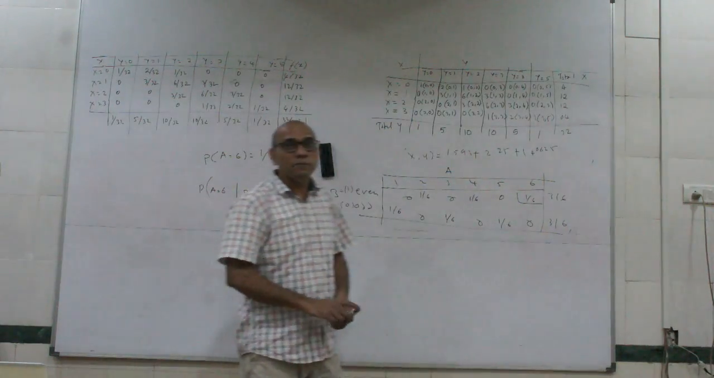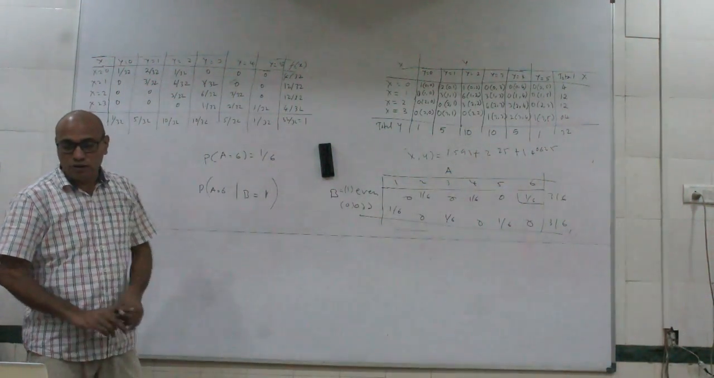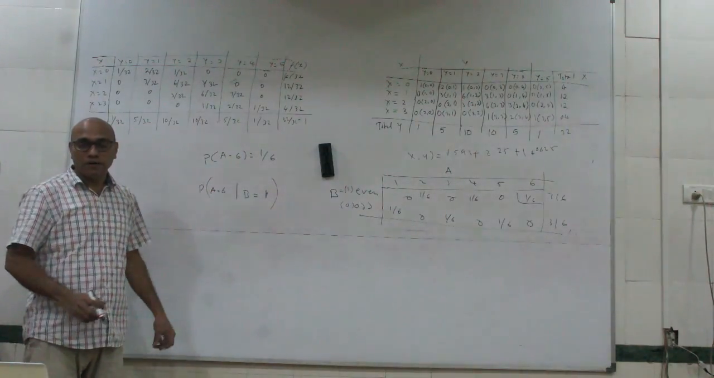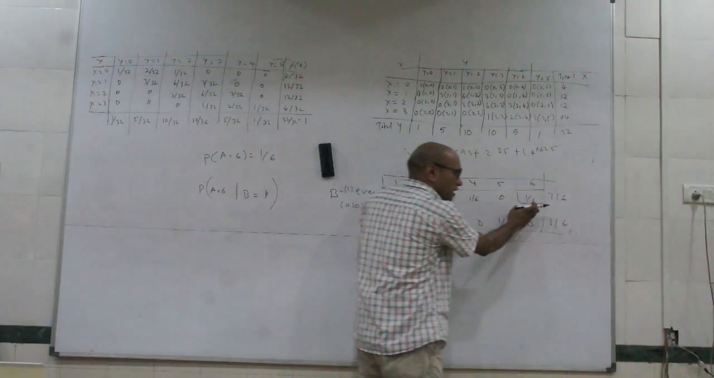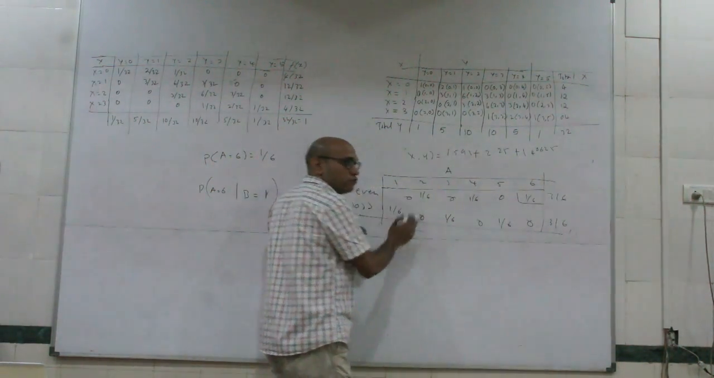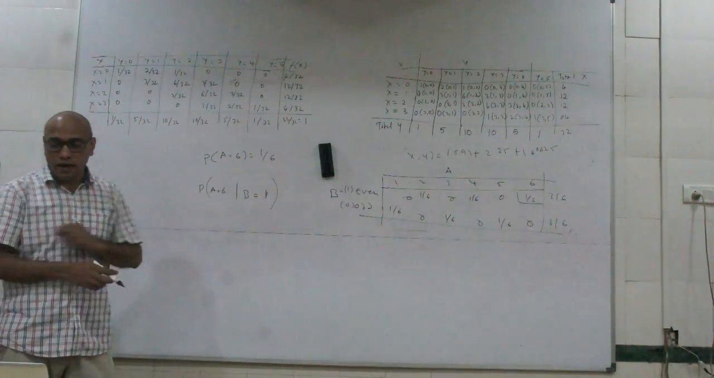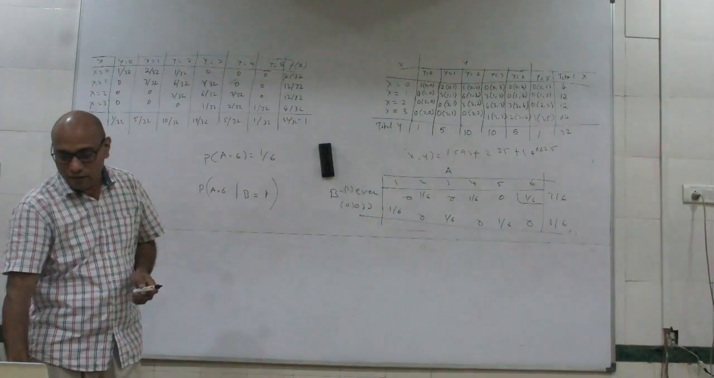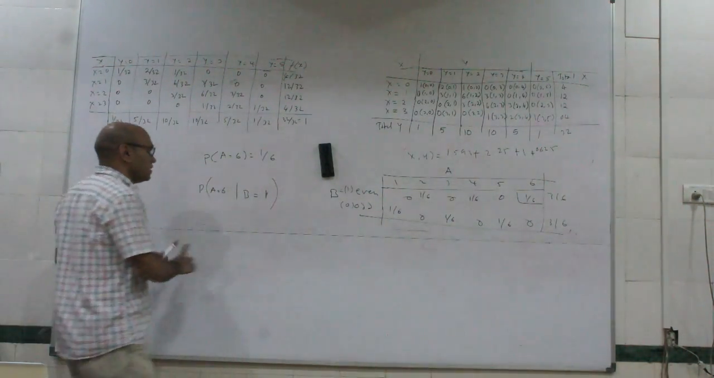Out of which I am concerned about a particular outcome, the outcome I am interested in. This outcome occurs only once in the 3 outcomes, and so this probability is 1 by 3. Now, if I have to express this for the example that we have discussed,